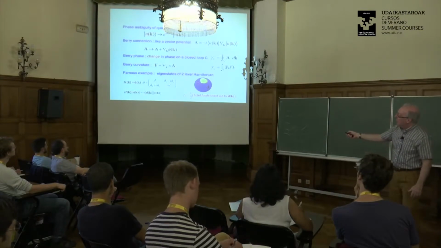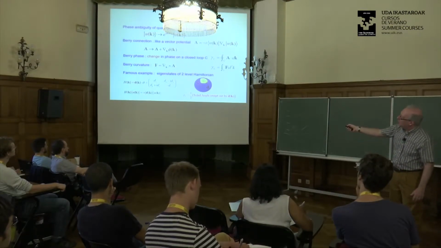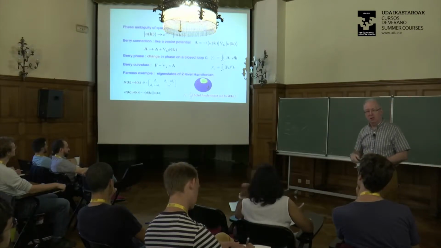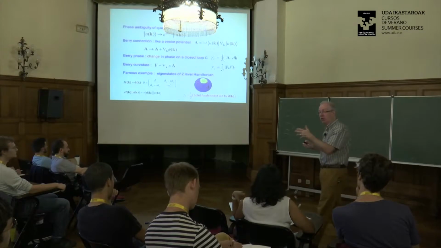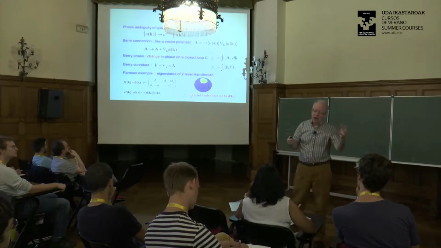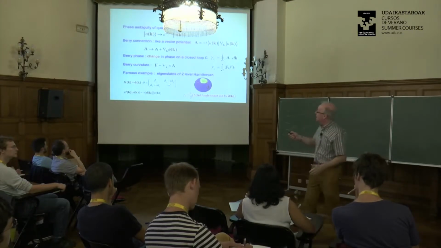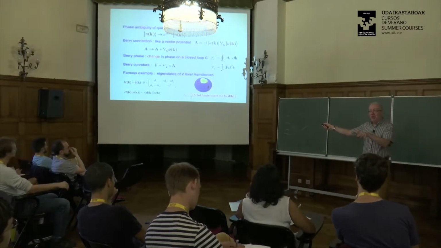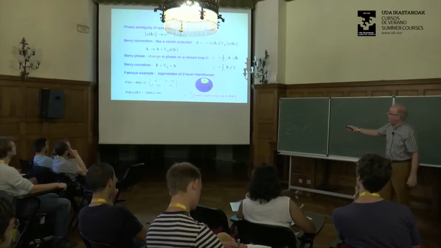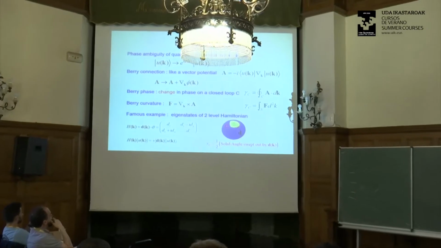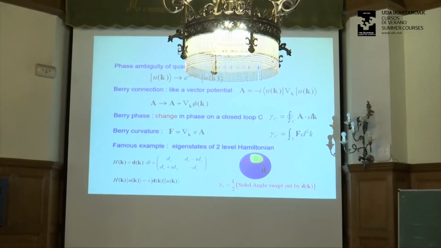And so what it invites us to define, you see what this looks like, is it looks like a gauge transformation in ordinary quantum mechanics. In ordinary quantum mechanics, when you do an electromagnetic gauge transformation, that happens along with changing the phase of the wave function. But now we're doing it in the space of these parameters, in momentum space, if you will. And so that invites us to define a version of the vector potential. And so we call this a connection.